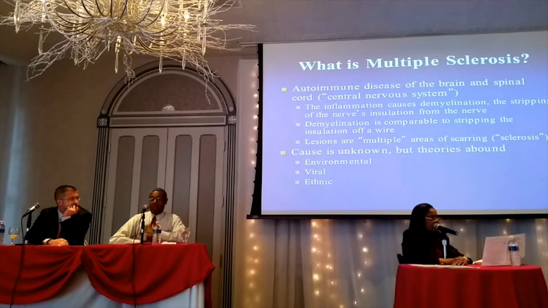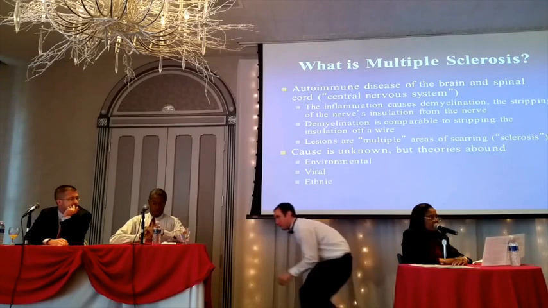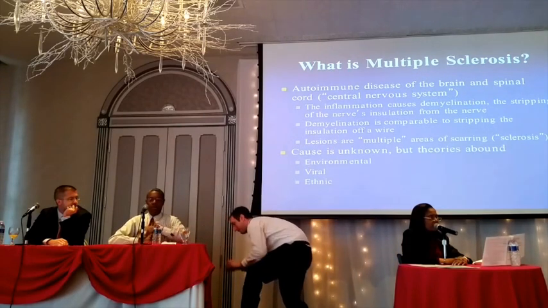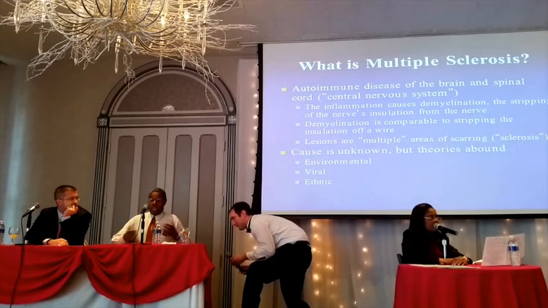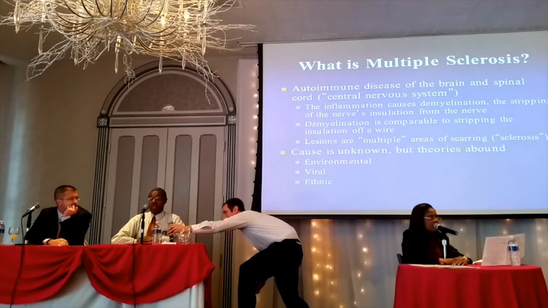Now some people think that there could be a viral cause for multiple sclerosis. And the reason to think that is because there are many viral illnesses that manifest in a way that looks like multiple sclerosis. So for example, HIV. HIV can cause